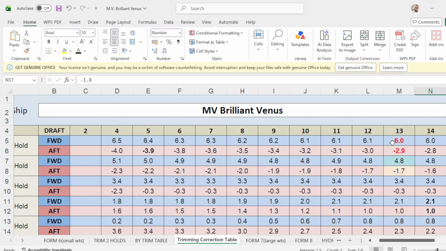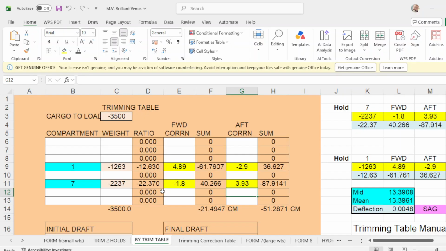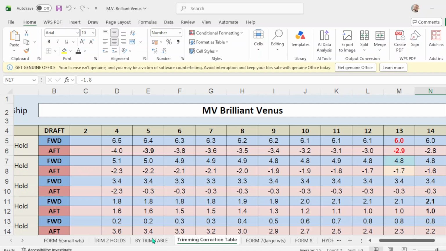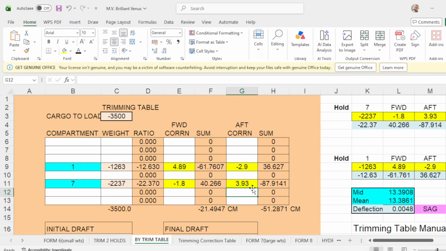So number 1, the correction should be 6 meters, and up will be negative 2.9. So this correction should be 6 meters, but I already adjusted this one to 4.89.